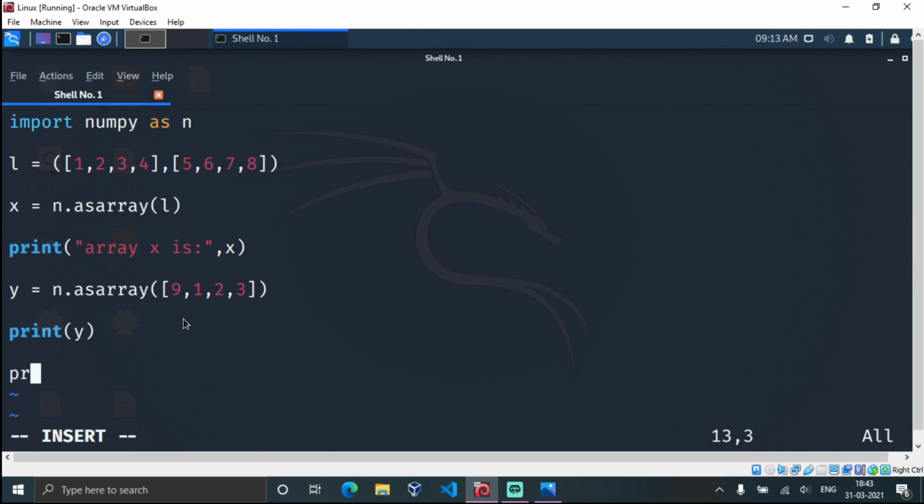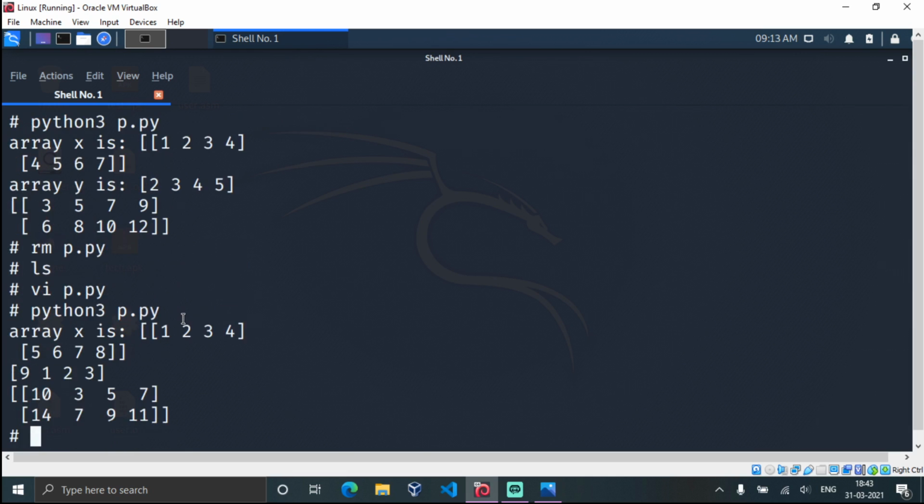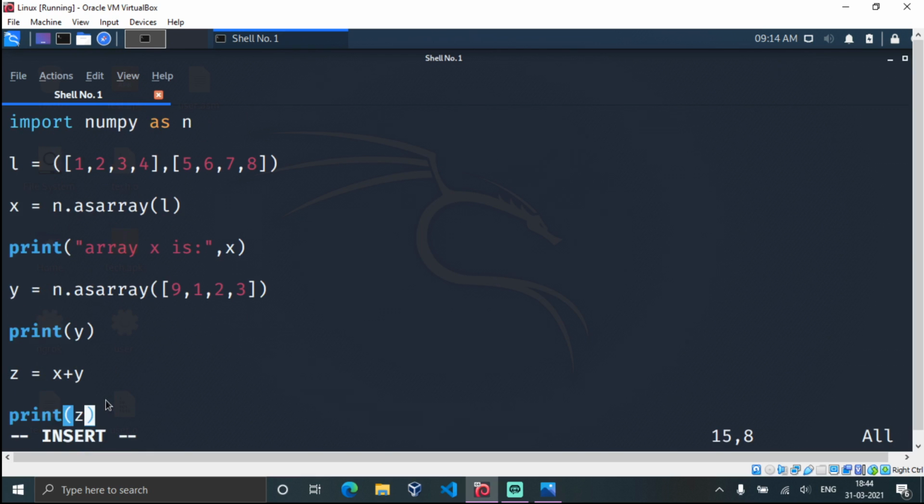Numpy has the ability to solve these types of errors easily. See here the array x is 1, 2, 3, 4, 5, 6, 7, and sorry, I didn't write a statement to print array y. Okay, let me write that.